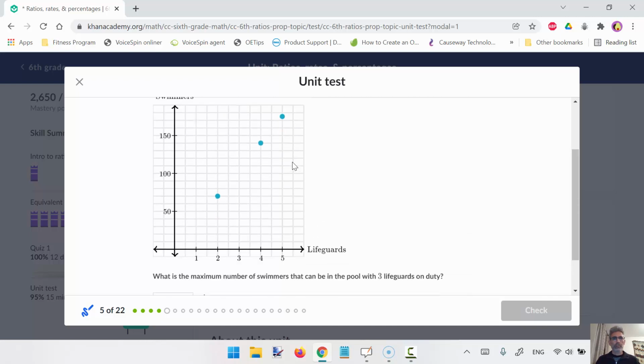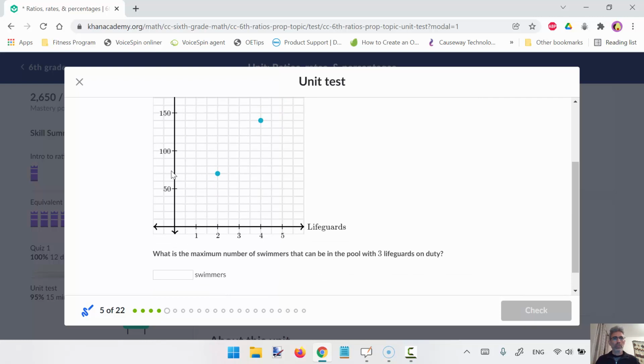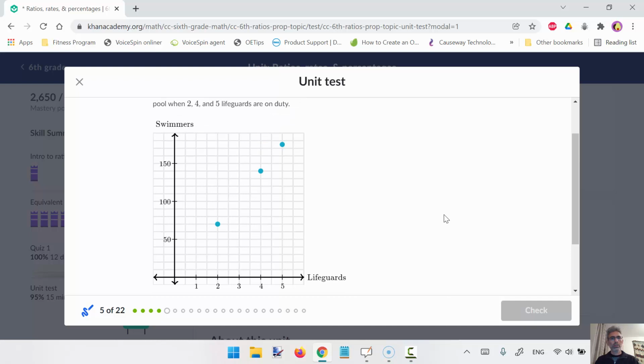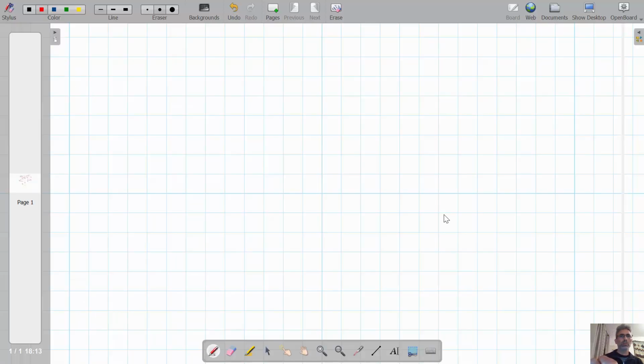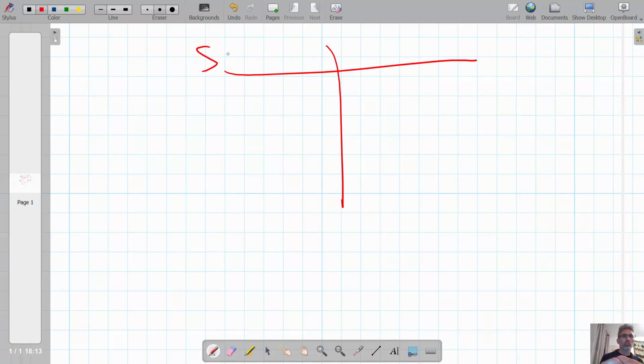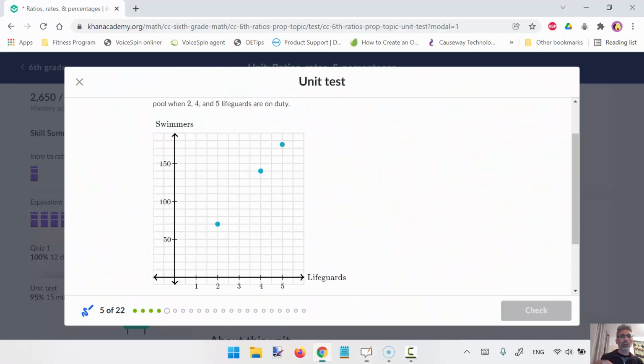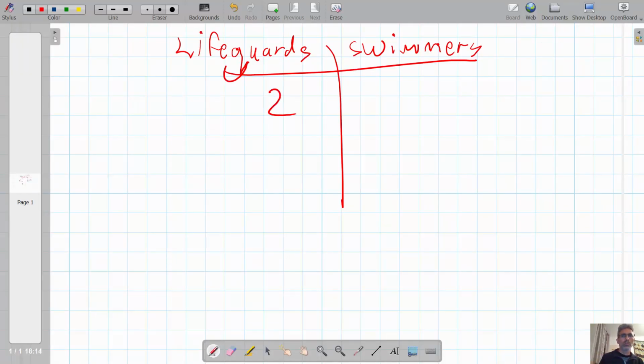Okay, so if we have two lifeguards, we have 70 swimmers. So it's 2 to 70,